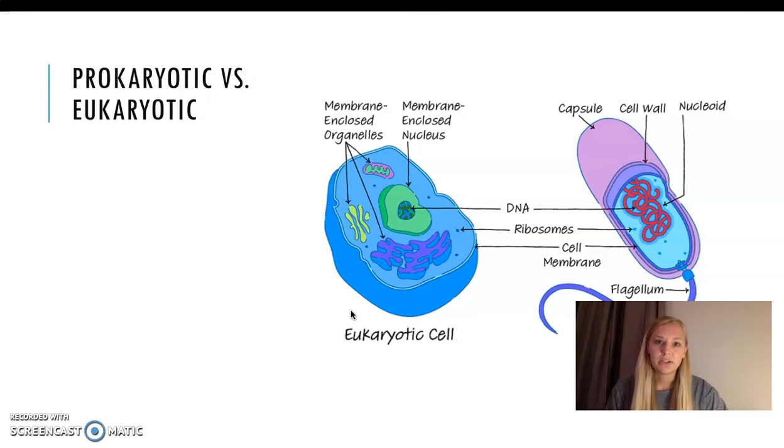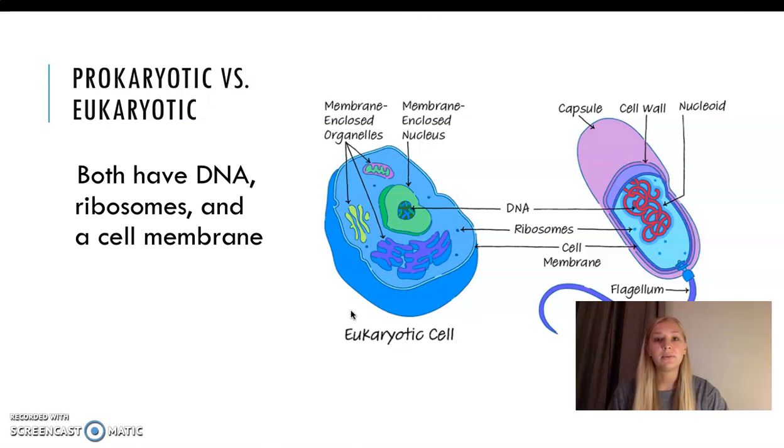So what's the difference between the two? Well, the only thing that they have in common is that they both have DNA, ribosomes, and a cell membrane. Inside the prokaryotic cell on the right, you can see that there's a lack of other bigger, more specific parts of the cell, like how the eukaryotic diagram shows those membrane-bound organelles and that nucleus. But it's super important to remember that because it is a prokaryotic cell, it still must have DNA and it still must have a ribosome, which is something that we'll cover again later, but it's something that makes proteins, and it's super important for cell function.